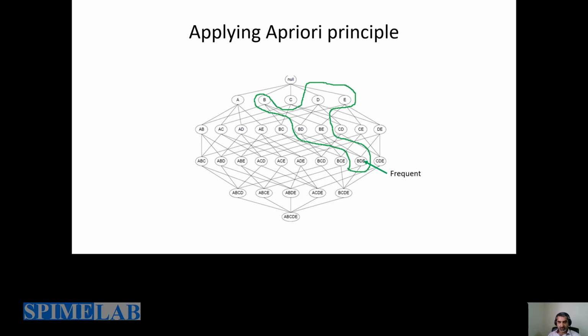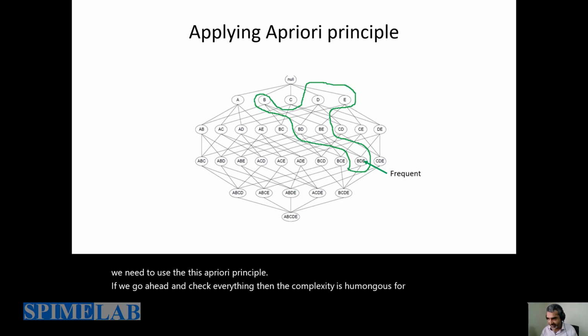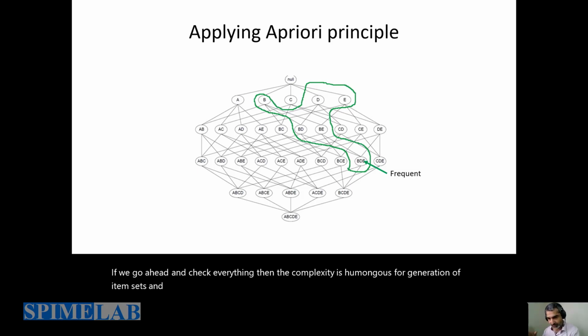That is what we are trying to avoid. If we want to avoid that, we need to use this a priori principle. If we go ahead and check everything, then the complexity is humongous for generation of item sets, and then for checking the support and confidence of individual rules, there are so many operations to the order of NMW. So we want to reduce those, right? So first